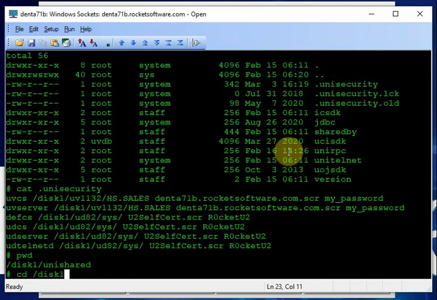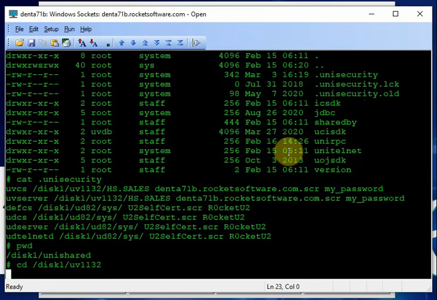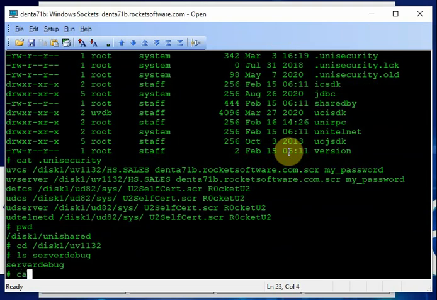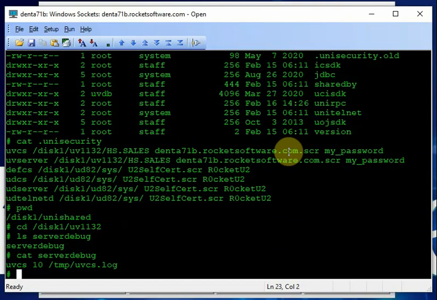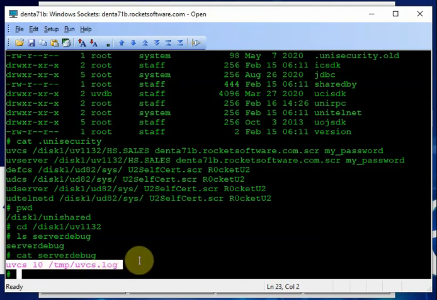So here is UV1132, and you create a server debug. You create the server debug with just one line called UVCS. The log level is 10 and the log file name will be temp uvcs.log. It puts everything in the temp folder. So we know we made a